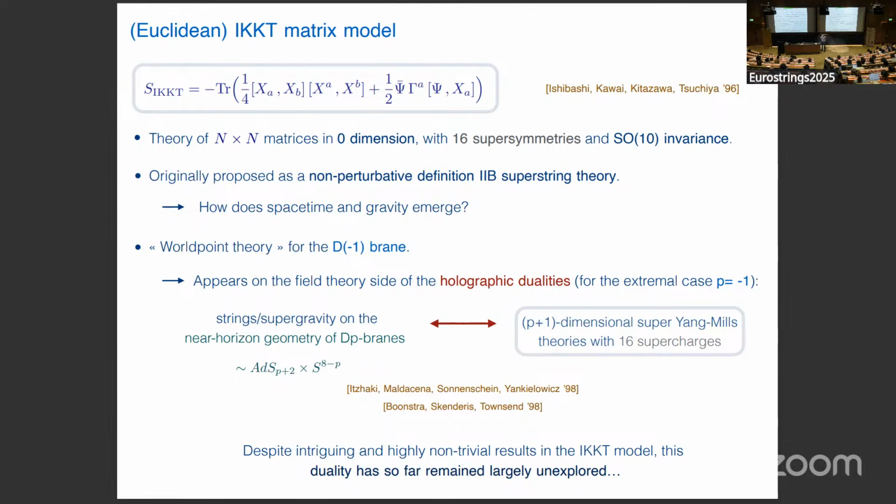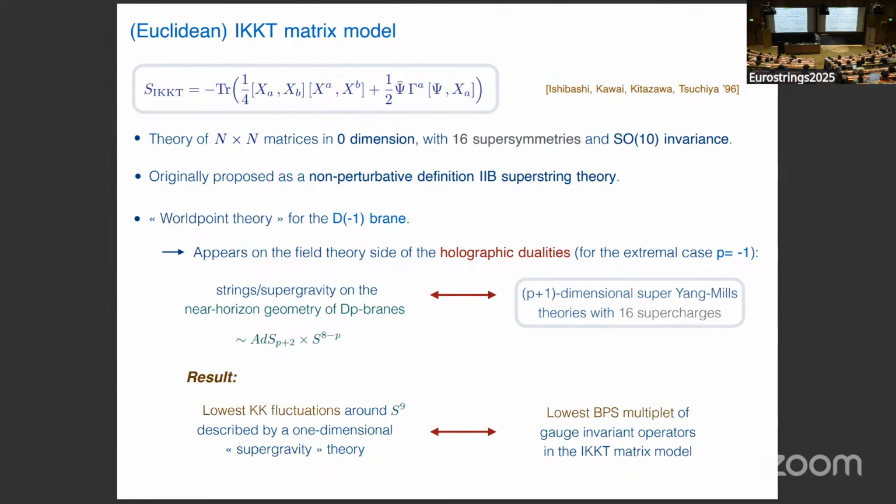Despite intriguing and highly non-trivial results in this IKKT model, this duality has remained so far largely unexplored, and I think that this is partially due to the fact that there hasn't been any clear dictionary established between fields in the bulk and operators in the matrix model. That means also that there have never really been operators identified that can be computed and compared on both sides. So in this talk, I would like to make a very humble step in this direction